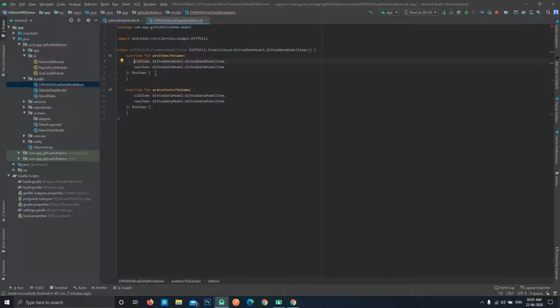So to define that, we need to provide it with logic over here to differentiate between these items. Now these are two functions: areItemsTheSame and areContentsTheSame. In areItemsTheSame, we can use a specific unique key of our data model class.